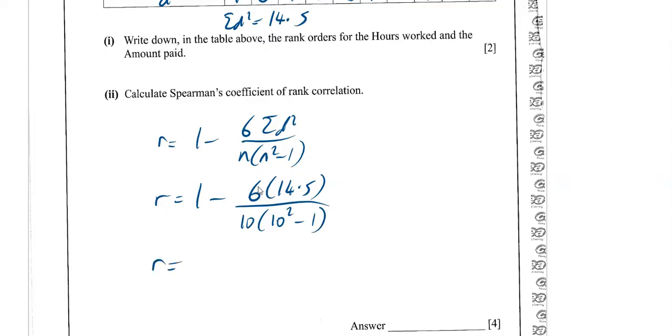And then just put that into your calculator. No more working out is needed. I'll just put that in and see what I get. So I'm just doing that in one go on the calculator. 1 minus, and fraction button, the top line is 6 times 14.5. Bottom line is going to be 10 times 10 squared minus 1. Close your bracket, press equals. I have got, it comes out as 0.9121212 and so on. And then you have to give your answer to whatever the degree of accuracy it is